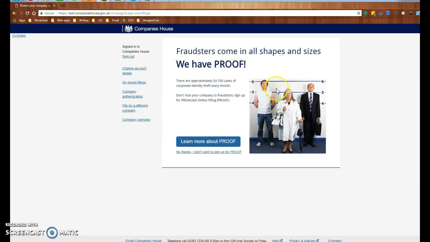Alright, so I am done with this filing now. So remember, you have to sign in to Companies House from this address, and you can get it by googling Companies House electronic filing, and you will be shown. The first result is this link or this page, and then after you've logged in with authentication code and company number, then you start the